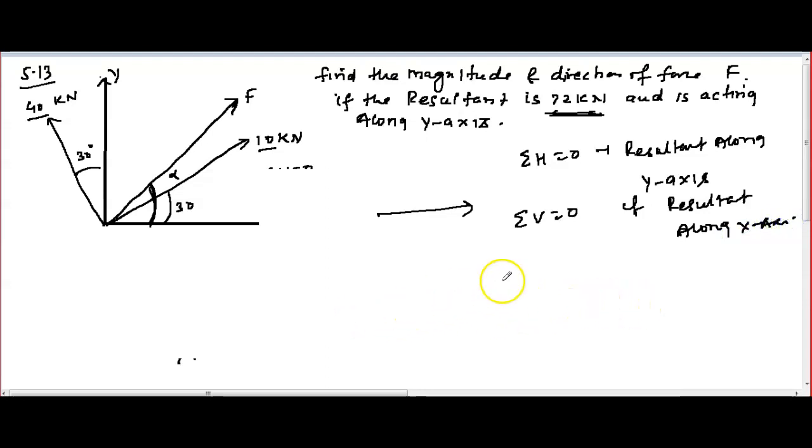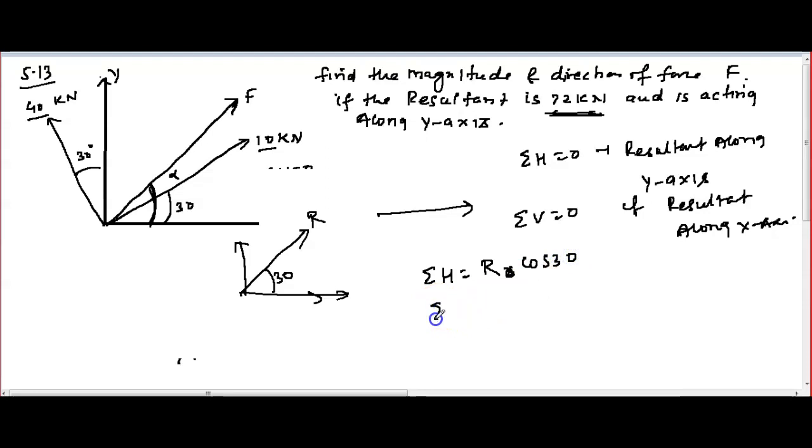Okay, and some other direction will be there, the sigma of horizontal will be in some other direction, like this way. Consider the resultant is given as 30 degree along the x axis. So this resultant will be how much? The total horizontal force will be Rx, you can write R cos 30, and the vertical force will be R sin 30. We'll come to know based on these problems, so we'll do it with these questions.